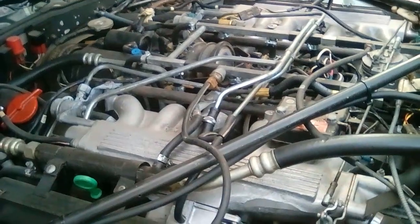So I'm trying to figure out whether those are the cause of my running issues. If anyone can tell me where those lines connect to, because I can't see any. I mean, this one potentially can loop round, right? This one can potentially loop round and go back into this spot over here, but I don't think that's right. But if you can tell me if I've got this thing wired up correctly, I'd be really grateful,